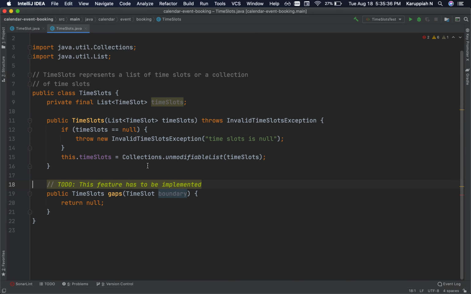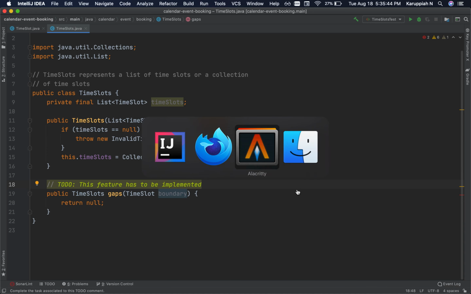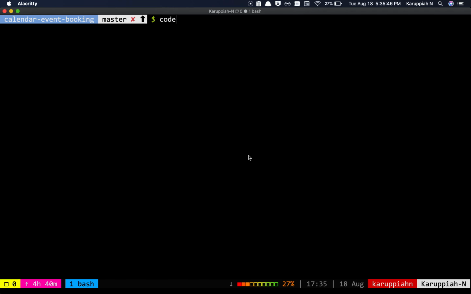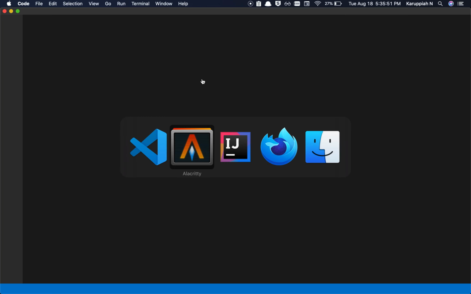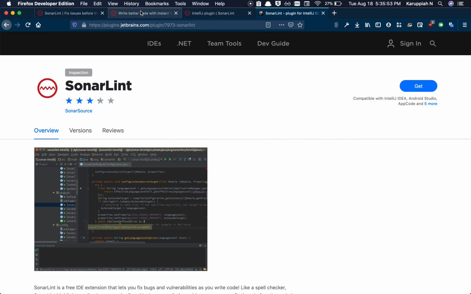So moving on, that was an example of using SonarLint in IntelliJ with an example Java project. How about I try the same in Visual Studio Code by installing it as a Visual Studio Code plugin.